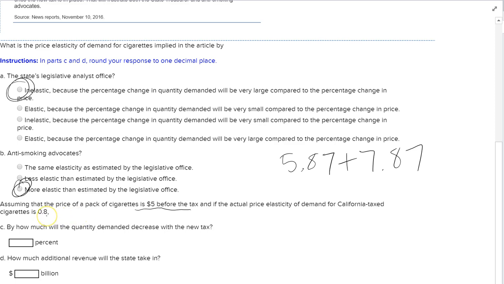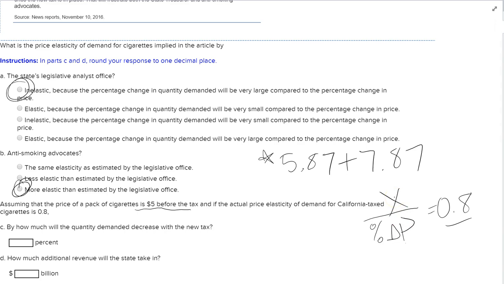So those are the price change numbers you're going to work with. And then they give you the actual price elasticity. So what we're going to want to calculate is the piece of information we don't have. Right now what we do have is the actual elasticity of 0.8, and we're going to calculate the percent change in price, and what we don't know is X here, and that's what we're going to solve for. So we have one piece of information, we have what we need to get the second piece of information. Once we get that, then we can algebraically solve for the last piece that we don't know.